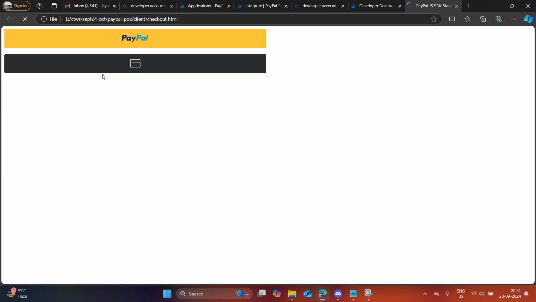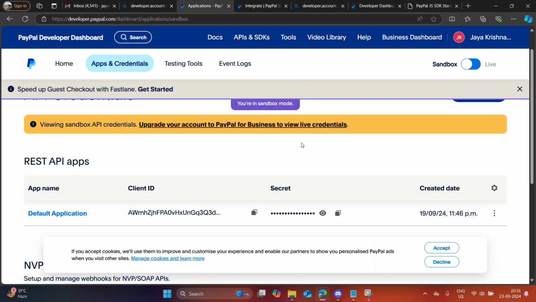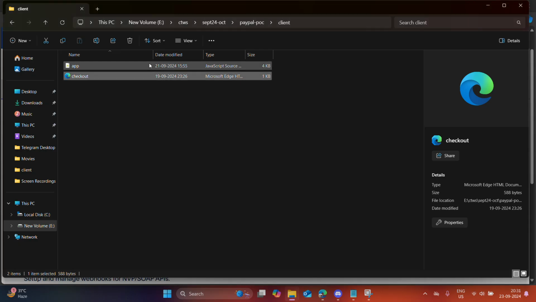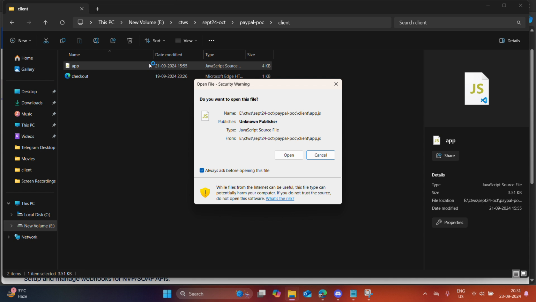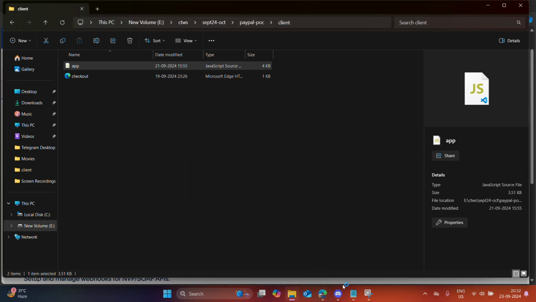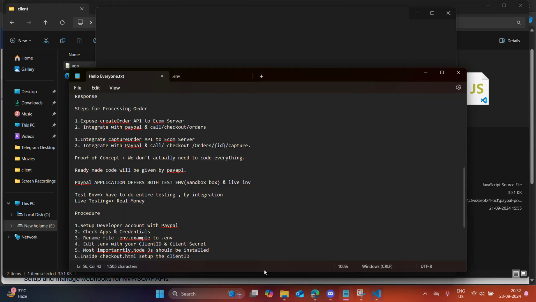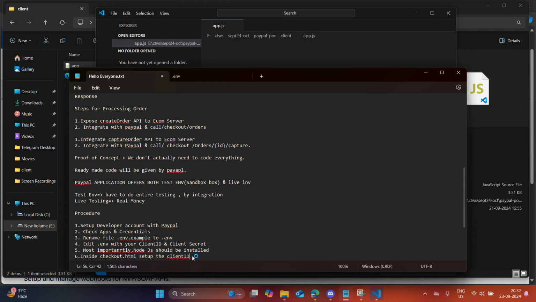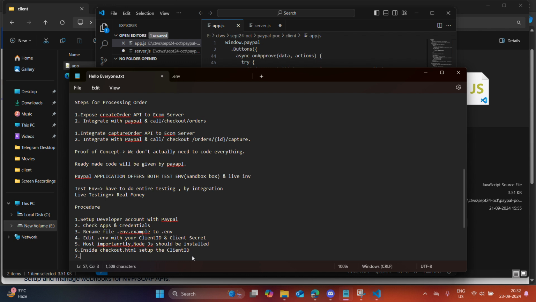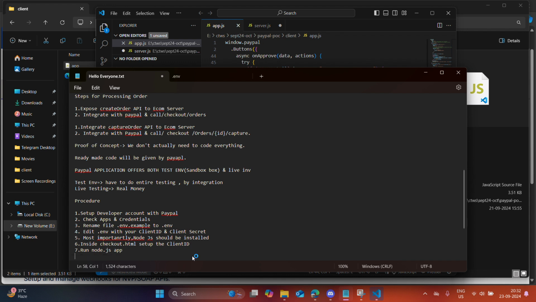So go to the checkout page, and there are instructions, you have to check this, right? And this app, and we could check that